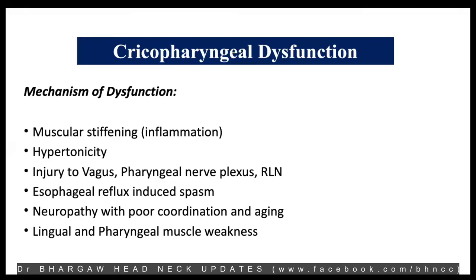So one of the common problems we encounter is cricopharyngeal dysfunction, where unlike a neurological swallowing problem, the cricopharyngeus ends up becoming a bit stiff, inflamed, and because of the inflammation, it becomes very hypertonic. And normally the cricopharyngeal muscle is in a state of tonic contraction. It only opens at that point. So it's like a sphincter, right? But in some patients, it becomes more hypertonic. Maybe the vagus or the pharyngeal plexus get irritated, or there's a reflux.